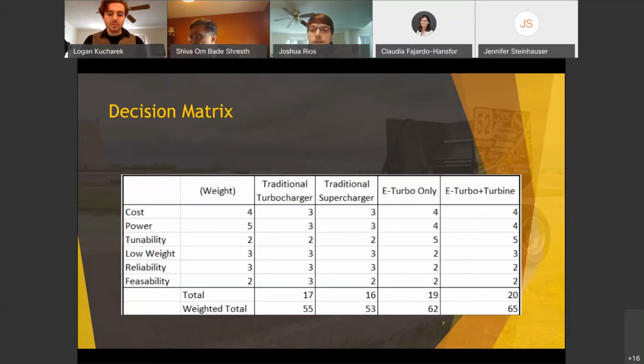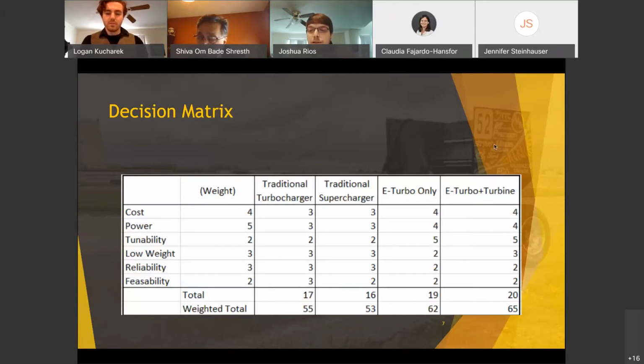We then broke down how well we thought, on a scale of 1 to 5, each system would meet design criteria seen on the left. Once we rated each system in each category, a weighted total was found to determine the best system. As you can see, we determined that an e-turbo in any configuration was better than both a traditional supercharger and